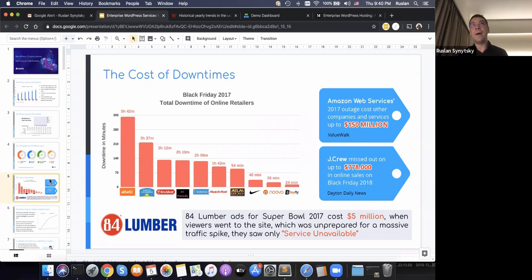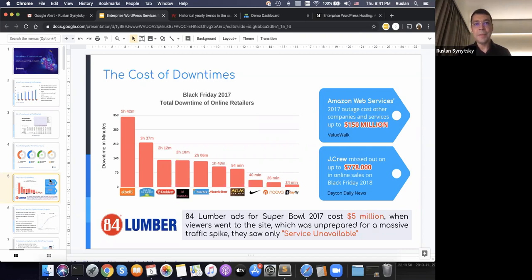But it's not only about money, it's about reputation. Your customers trust you less at the end, which is not good. An additional problem is team distraction. Instead of focusing on product and delivering something better to your end customers, you have to fix the downtime issues. So it's not really interesting.